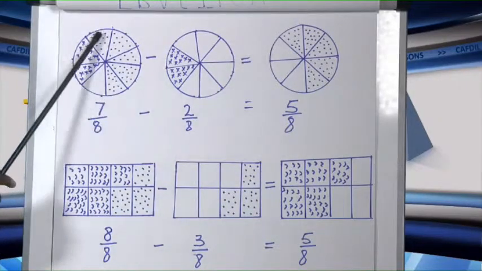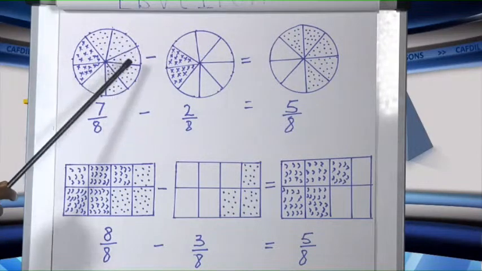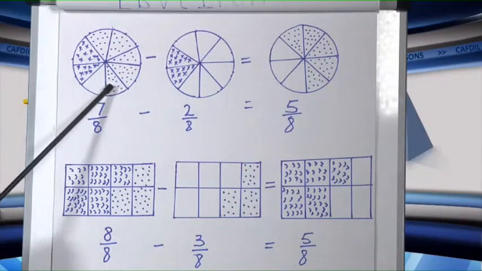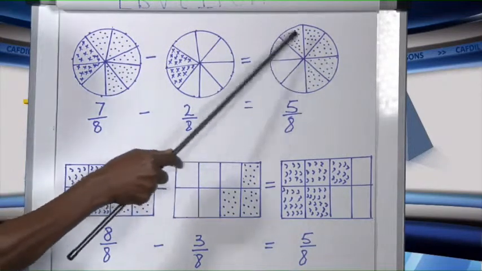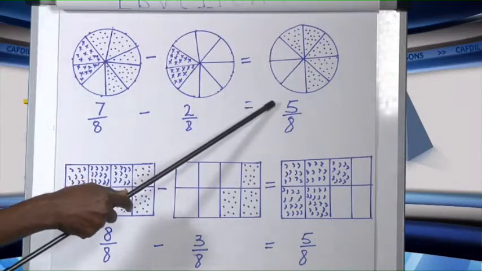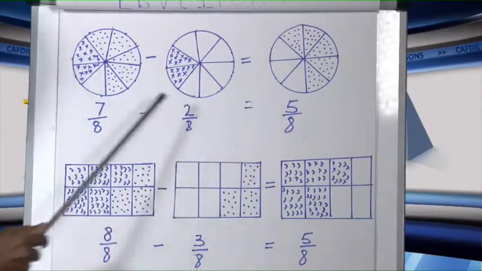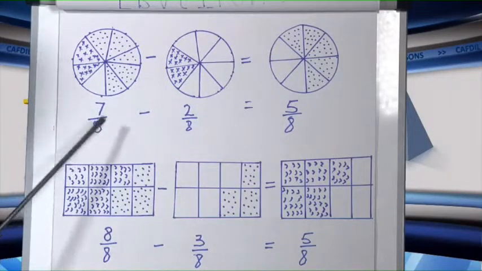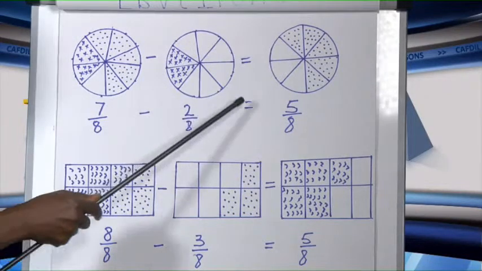Let's count. 1, 2, 3, 4, 5. 5 out of how many parts? 8 parts. So 7/8 minus 2/8 is equal to